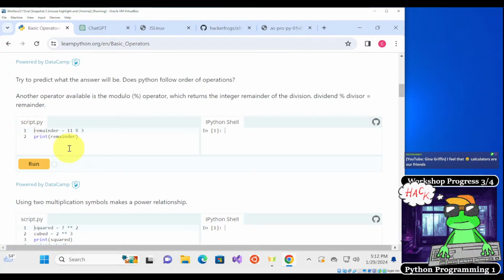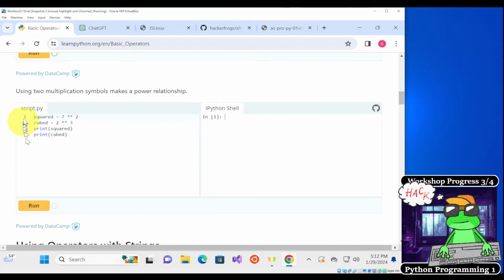Okay, so 11 modulo 3, I think the result is going to be 2, because 3 times 3 is 9, and then the remainder is 2. All right, I managed to do simple mathematics. I'm super proud of myself.